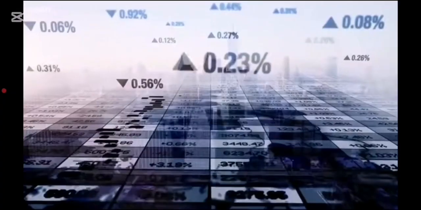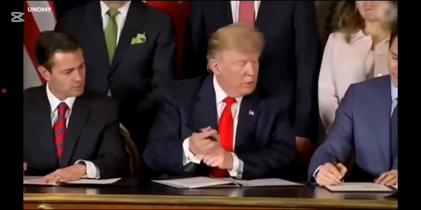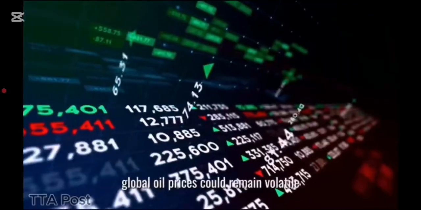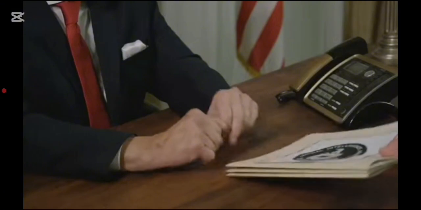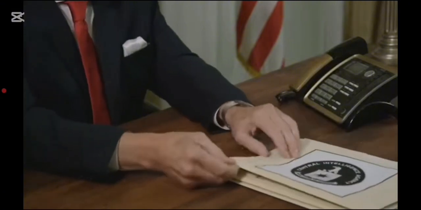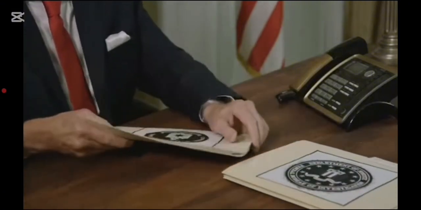Tariffs can lead to global tension. When countries put tariffs on each other, it can create tension, as is currently happening in the world. Countries might stop trusting each other or might stop cooperating on other important issues like climate change or security. This can make the world a less peaceful place.